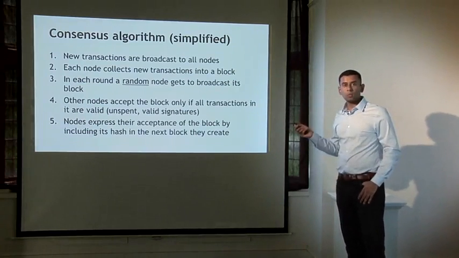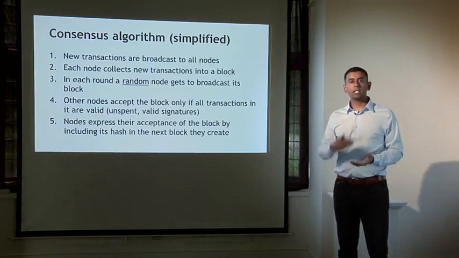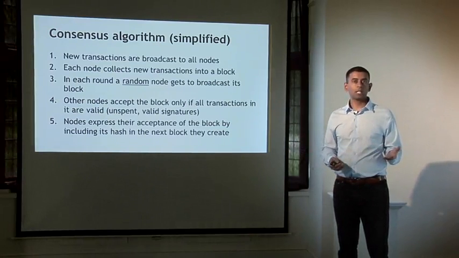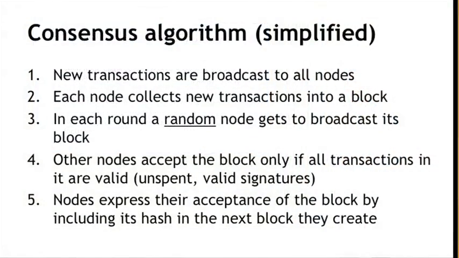Now, presumably that node was honest, but it could also be a malicious node or a faulty node and propose a block that contains some invalid transactions. Invalid transactions are those that don't have the right crypto signature or where the transaction is already spent. In other words, an attempt to double spend. If that happens, other nodes are going to signal their acceptance or rejection of the block, as we saw on the last slide, by either including the hash of this latest block in their next block, or ignoring this block and including the hash of whatever was the previous block that they considered to be valid.